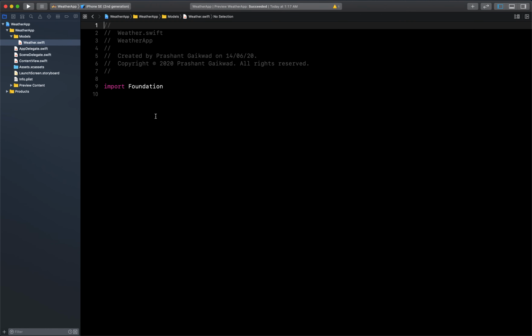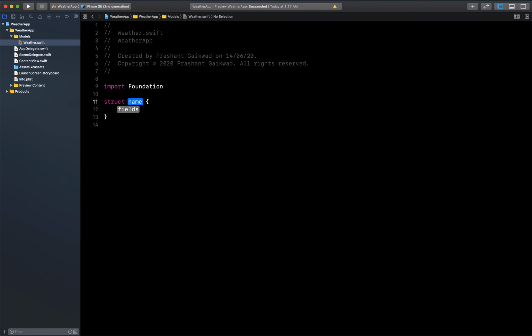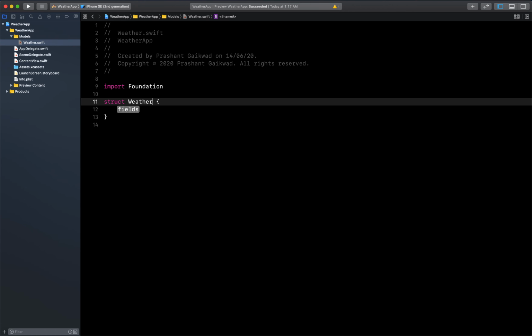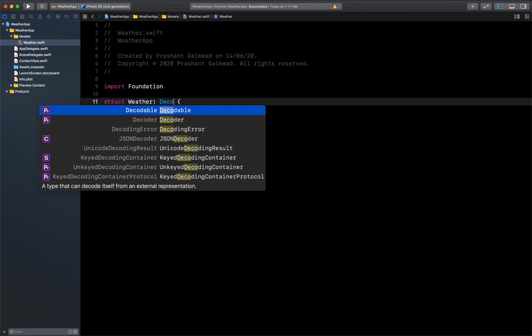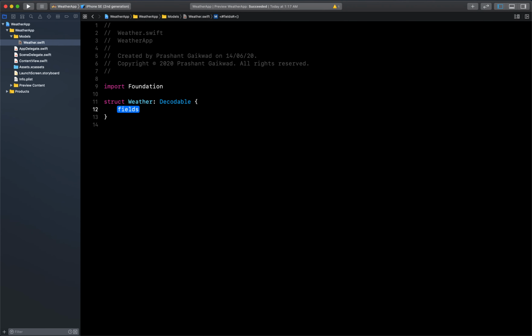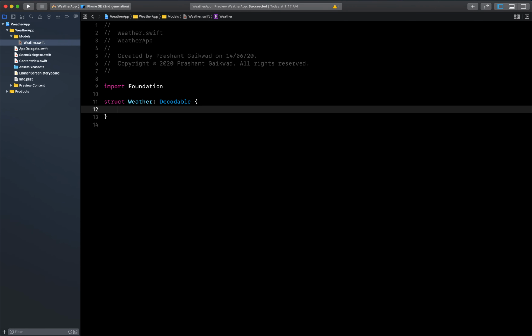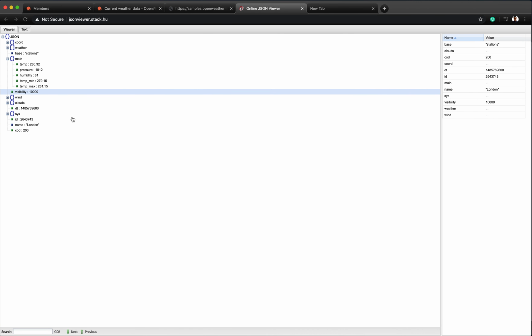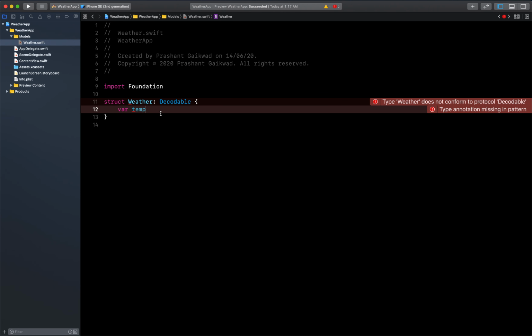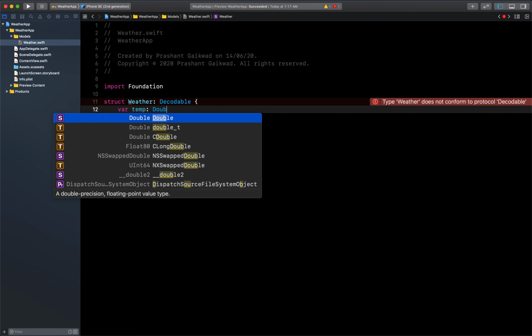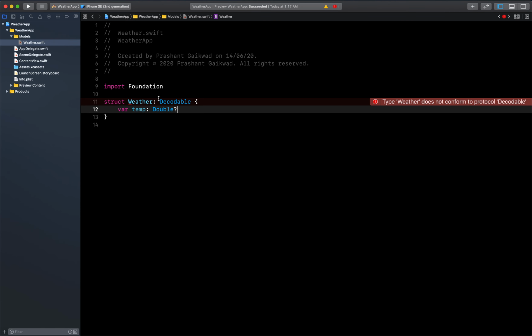It's a weather model and it will have a struct inside. So let's say Weather, and it should conform to Decodable since we are getting the JSON response from the API. Let's name the property inside this temp. Make sure that the name is the same here, temp, otherwise it will not fetch the data properly. Or if you want custom names, then you can use something like CodingKeys, which I will cover in the next video. It will be of type Double. So this is our Weather.